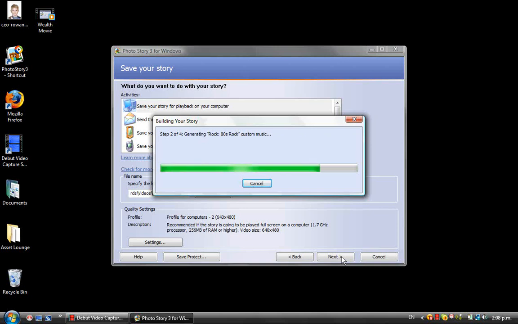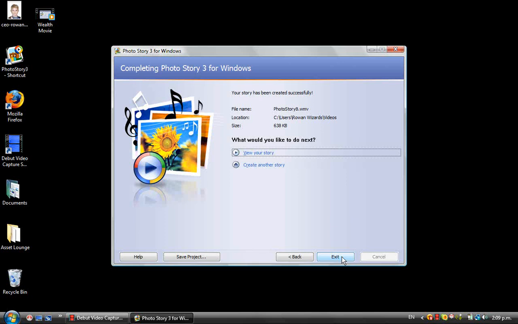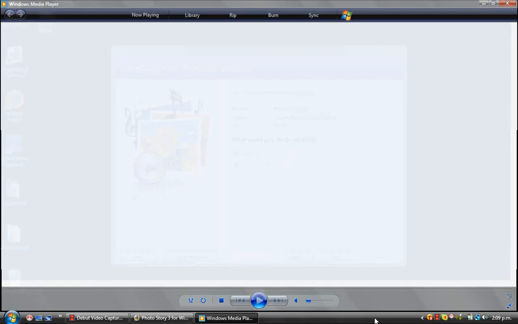Then you can download Photo Story 3, look for some photographs on the net or on your hard drive, and start making your own Mind Movie. As I'm showing you right now, a simple Mind Movie really only takes around 5 minutes. You can make it more complex, but we can look at that a bit later. Now I'm going to show you what our story actually looks like. We're going to click on View Your Story, and this will launch your media player. I'm using Windows Media Player at the moment, and here it is.